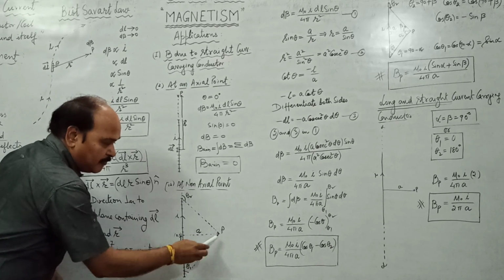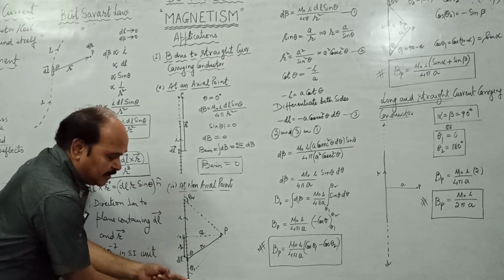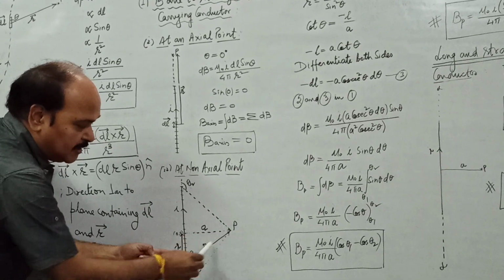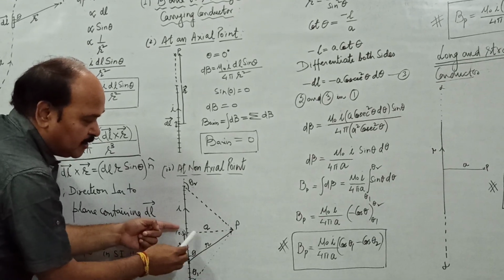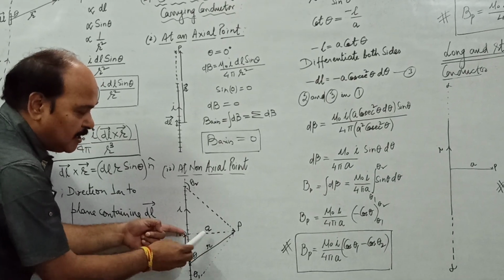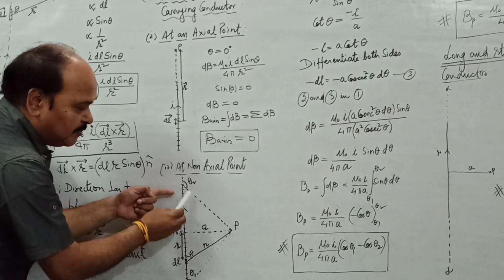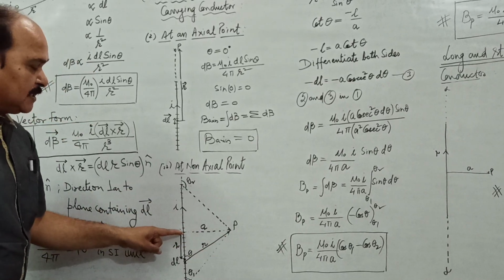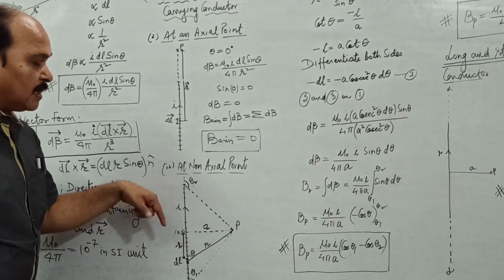This r. For this extreme current carrying element, this r is maximum, and this r goes on decreasing. For this point, this r is a constant, that is the perpendicular bisector, the smallest, the shortest. And as you move above, for all these elements, r again starts increasing. So r from here to here first decreases, and then from here to here r increases.